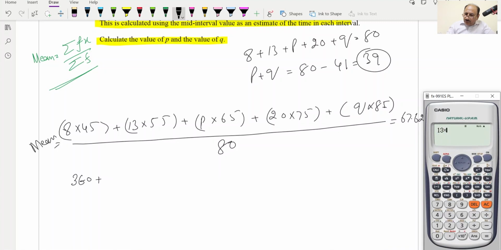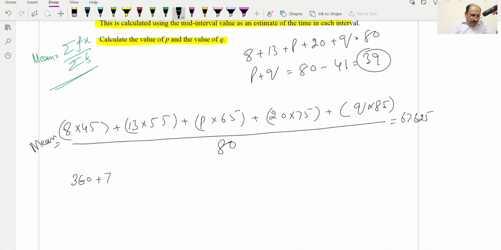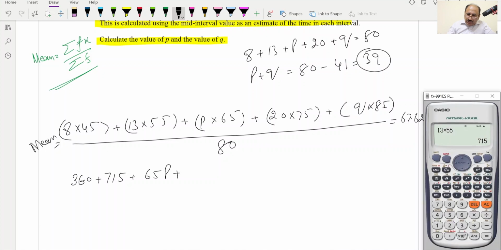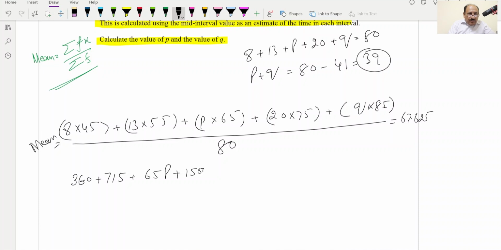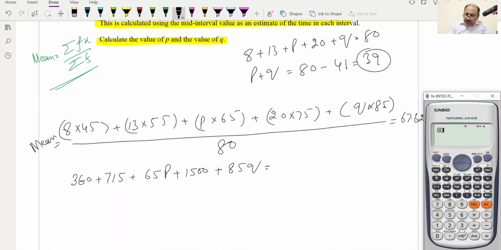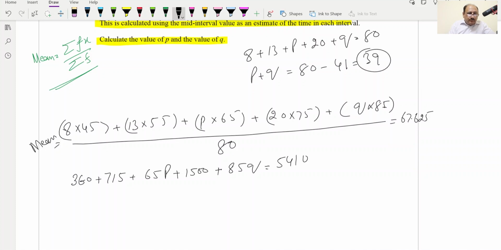So 13 into 55 will be equal to 715, plus this will be 65p, plus 20 into 75 will be equal to 1500, and plus 85q, and this is equal to 80 multiplied by this. 80 will shift to the other side, so 80 multiplied by 67.625, and this is equal to 5410. Now we can rearrange like